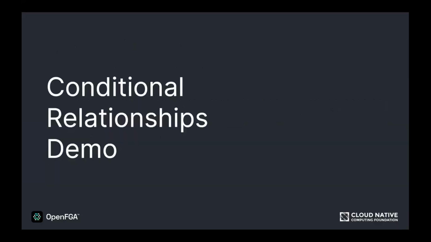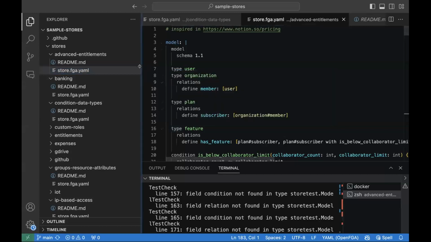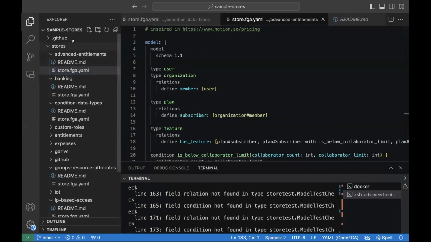And let's see the most fun part of the meeting today. We will be showing you what we've been doing with conditional tuples. So I need to stop sharing this and share my Visual Studio Code. What I'm showing here is there's a sample stores repo that is in the GitHub organization for OpenFGA that now has